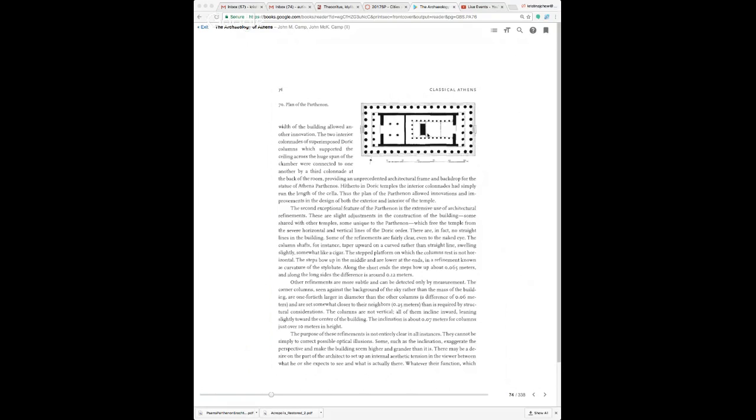Then there's the outside. On the outside of the Parthenon, the thing to keep in mind is that this is a building famously with no straight lines. It's not that the Parthenon is an optical illusion, but the Greek architects clearly knew what they were doing, shall we say.